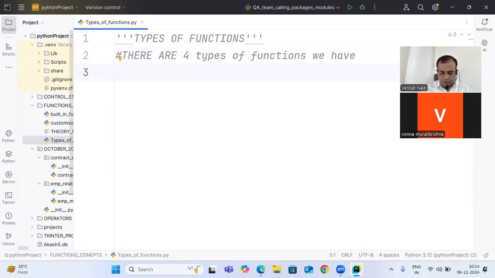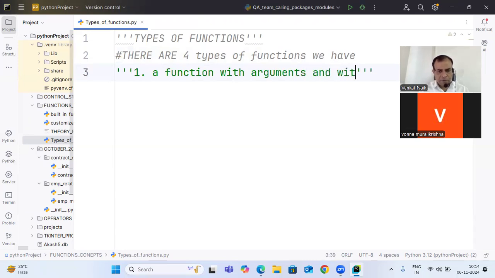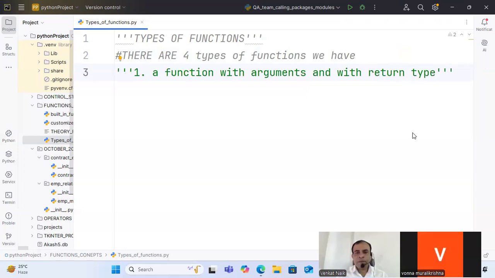The first one is a function with arguments and with return type. So the first type is a function that can be written which takes the arguments and which returns the value